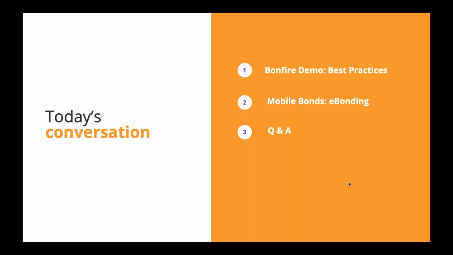In the first part of today's webinar, we'll be diving into the Bonfire system itself, and Brendan will go through some best practices that we've seen, fully acknowledging that you are all the best representation of your own internal processes and you understand the limitations of your org best. He'll acknowledge that, but also go into some generalities of what we would recommend and what we've seen. For the second half of the webinar, we will be giving Steve the mic and having him walk through his best practices for e-bonding relative to his experience running and starting up mobile bonds.